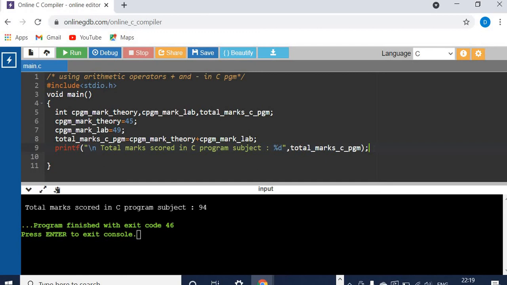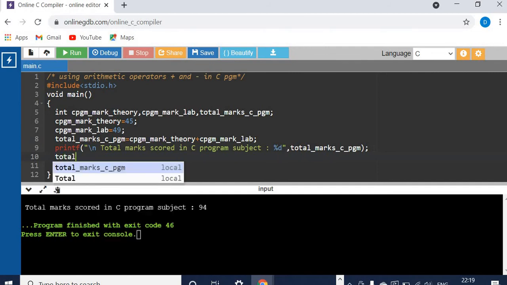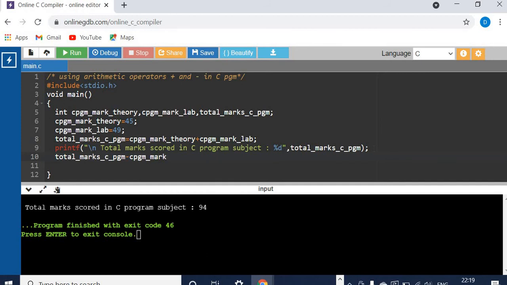Now using the total marks in the C program, I want to subtract the lab marks and print. For that, you can use subtraction: total marks C program minus C program marks in lab.